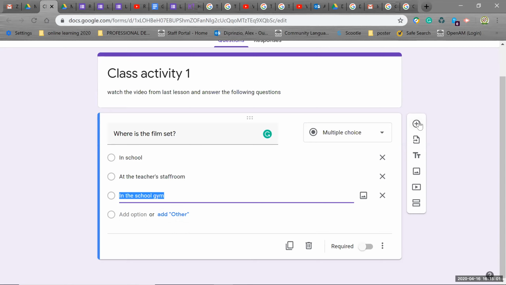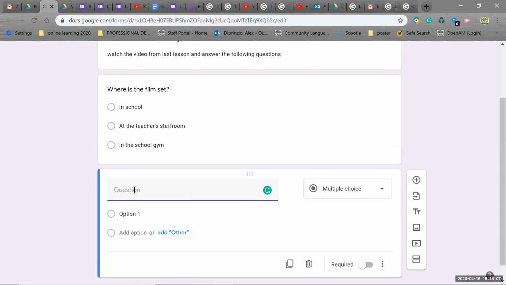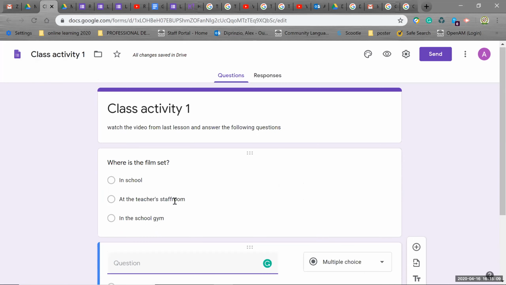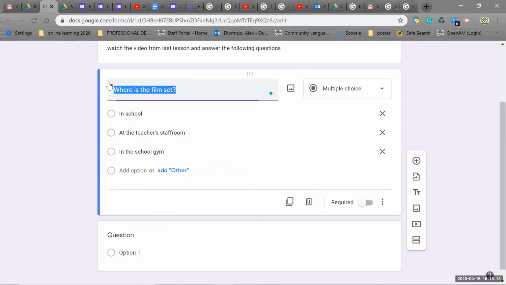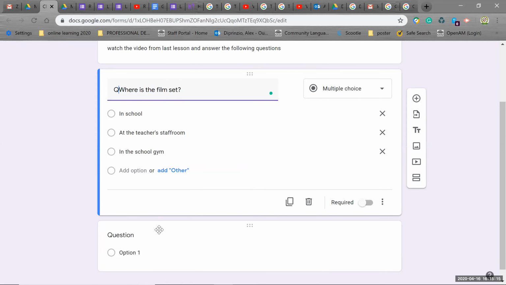It goes again here. Question 2, I can put. So what do we have for the first one? Where is the film set? This is class activity 1. Do we want to put question 1? Yes, okay, let's put Q1. And the same thing here. You can do Q2,